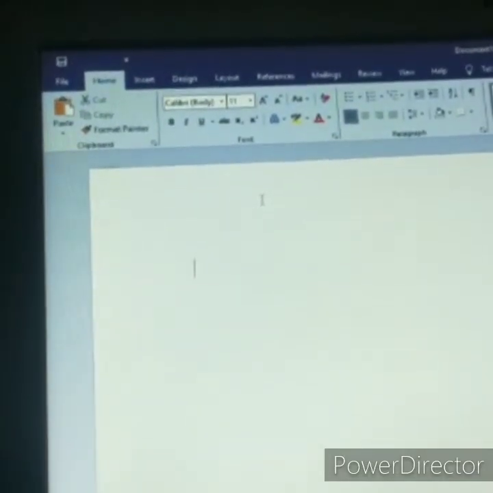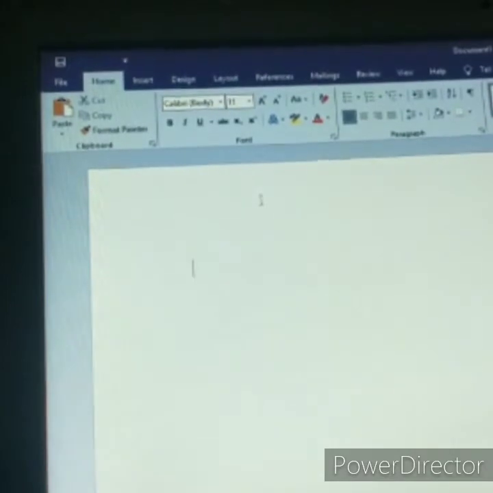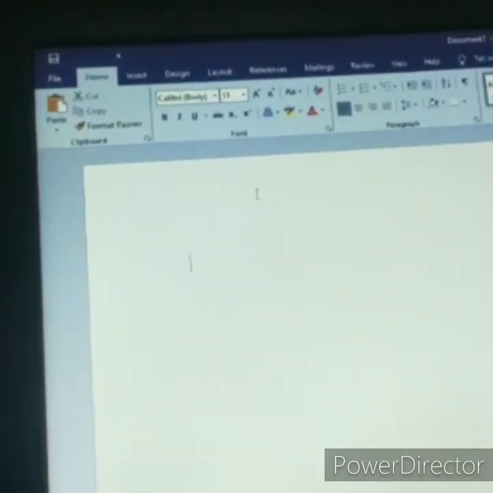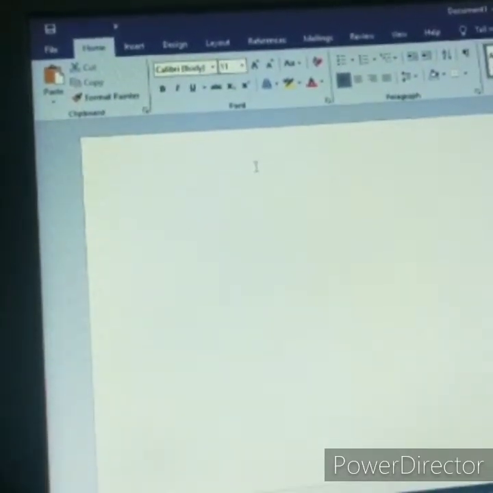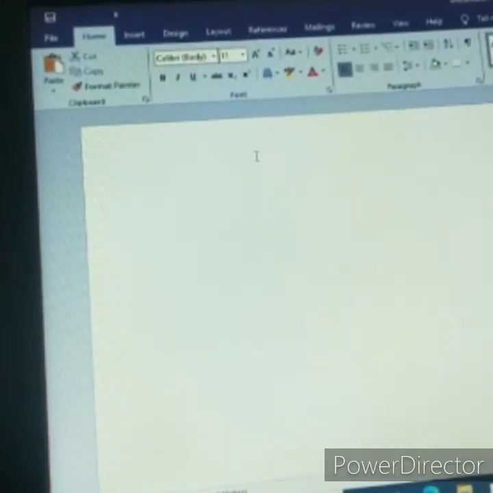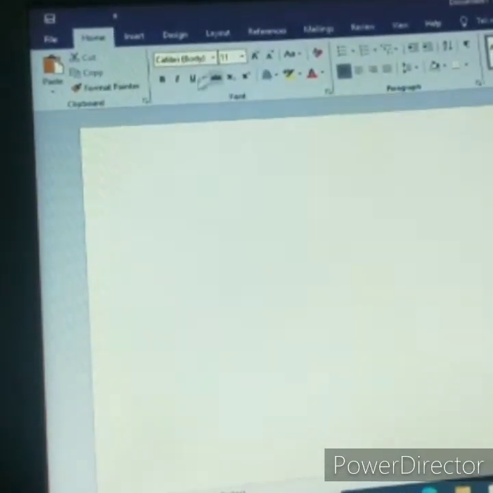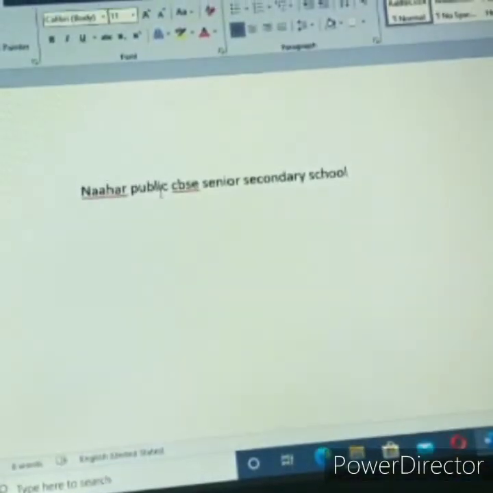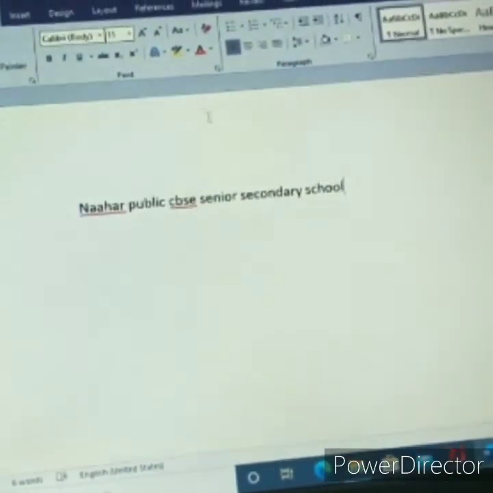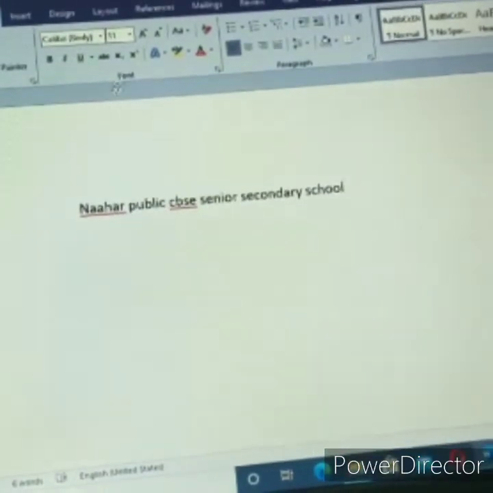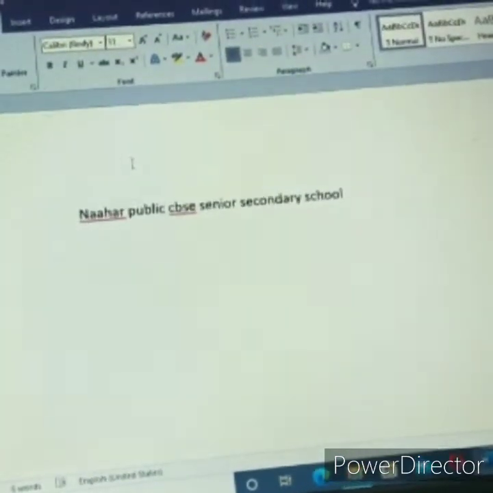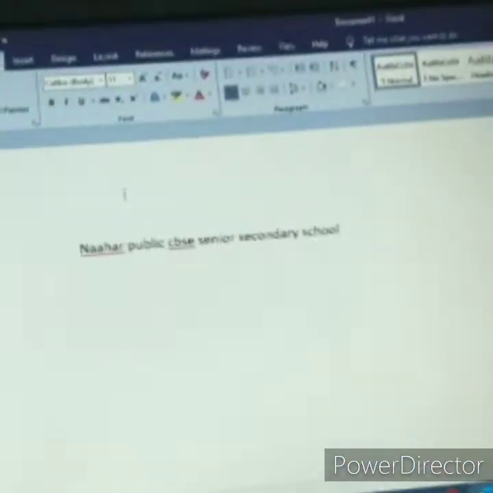Formatting text means making the document look attractive, making the text very attractive, and changing the font color or font size.